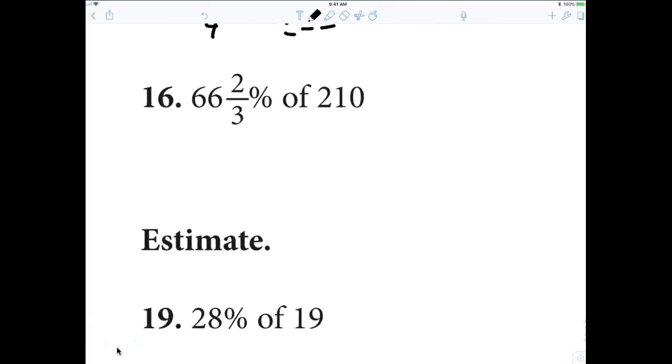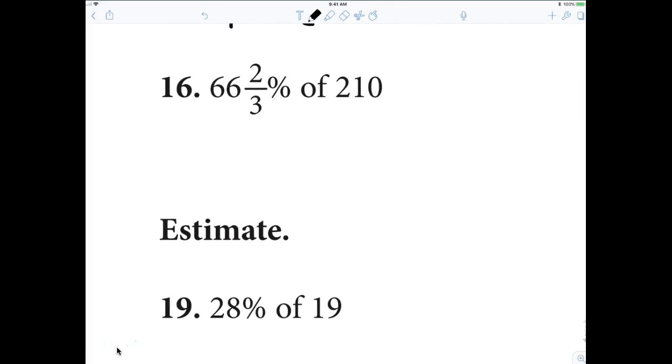All right. Let's try, who can tell me what that is? What fraction is that? Yes. 66 2/3% is the same as 2/3. You really can't do the problem unless you know that. Just like 33 1/3% is what? 1/3. 66 2/3% is the same as what? Now, Julian, how do I do 2/3 of 210? Well,